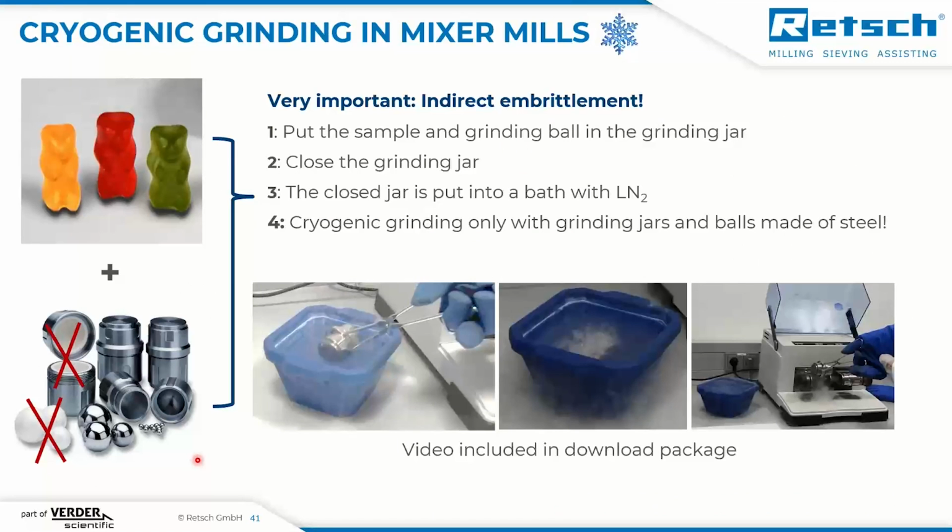Here it's very important that we work with indirect embrittlement. So we do not fill any cooling agent into a grinding jar and close that. This would lead to severe overpressure. But what we are doing, we put the sample and the grinding board into the jar, we close this, and then we take the closed jar and put it into a bath with liquid nitrogen. And we wait until the liquid nitrogen stops boiling. And then that's the case that the sample inside is also frozen, and we can start with the grinding process